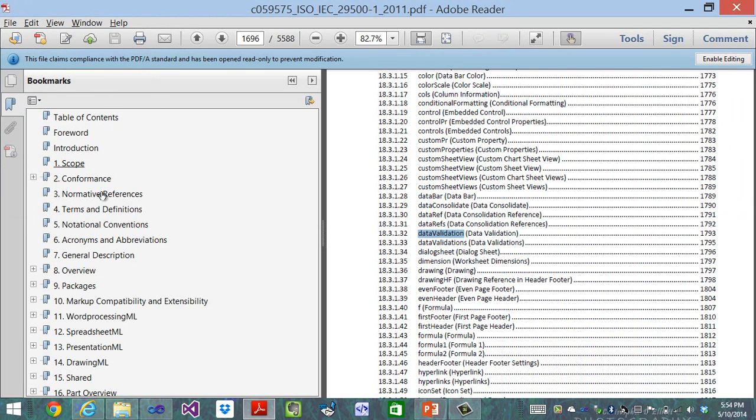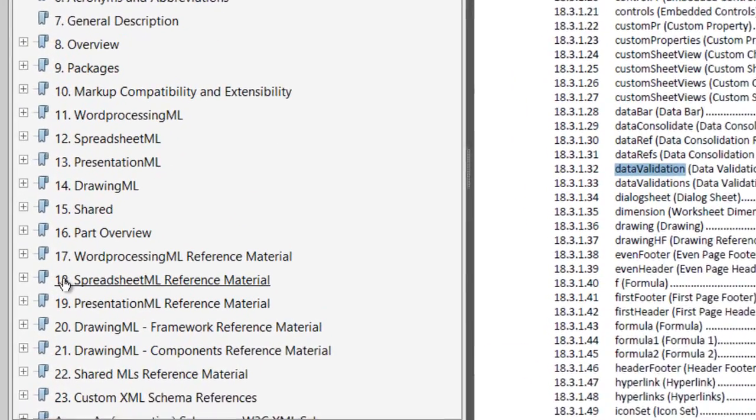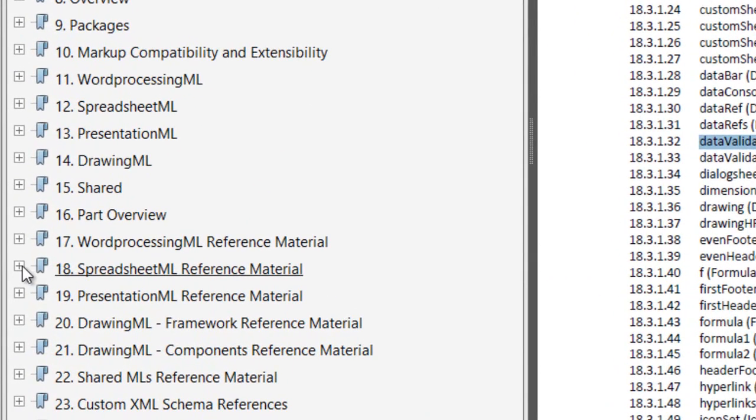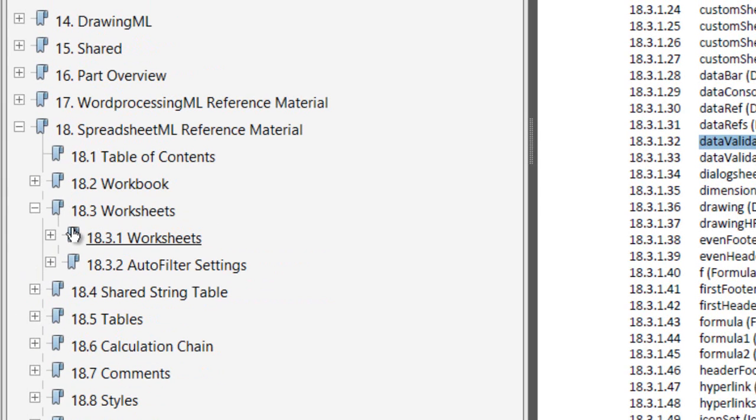So what I'm going to do is drop down here in the table of contents of part 1 of Open XML IS 29500. I'm going to expand SpreadsheetML reference material, and I'm going to go look in worksheets. I know that this is in worksheets,